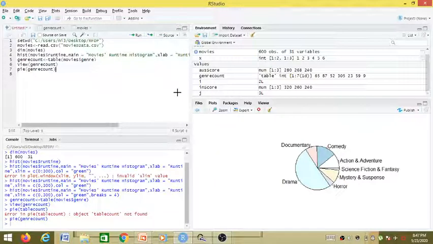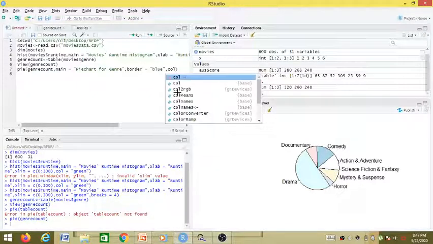Let us modify this itself. As main, we will be giving the name "pie chart for genre." Then we can give the border and provide some color information, say blue, and we can have some color for the pie chart itself.